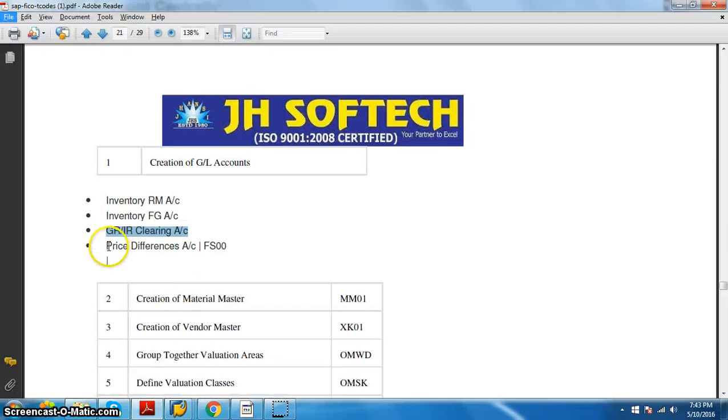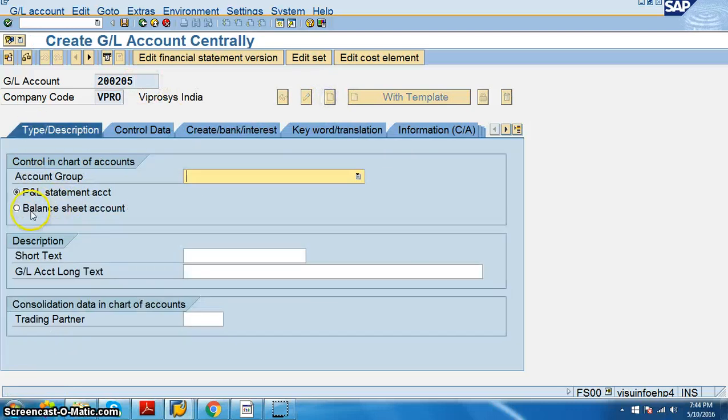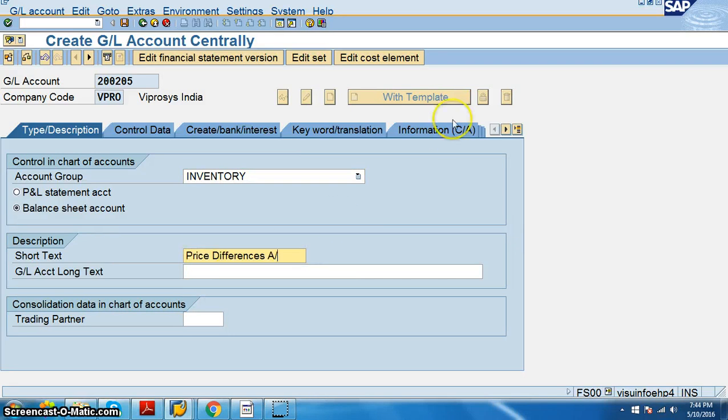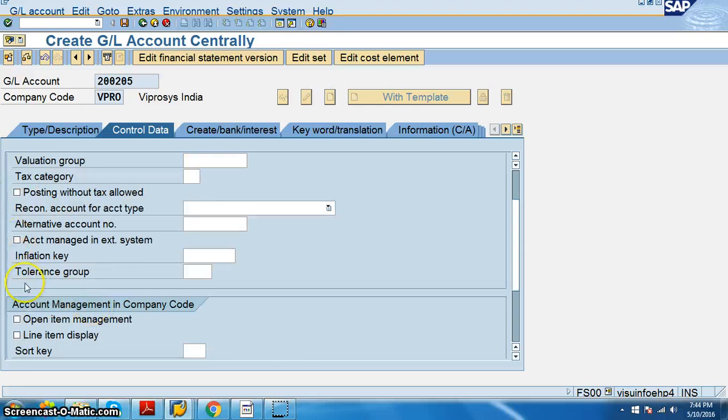This has been done. Let's create the price differences account. The price differences account also we are going to create, and that we are going to create in 205. Create balance sheet, inventory account, control data, tolerance group G00.